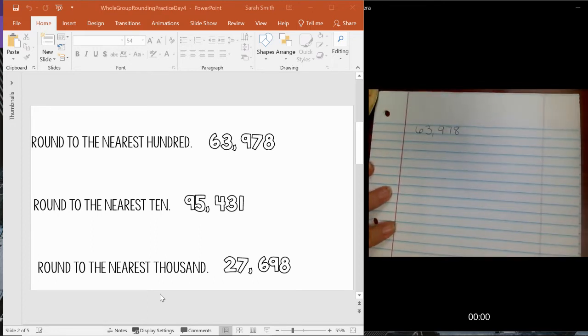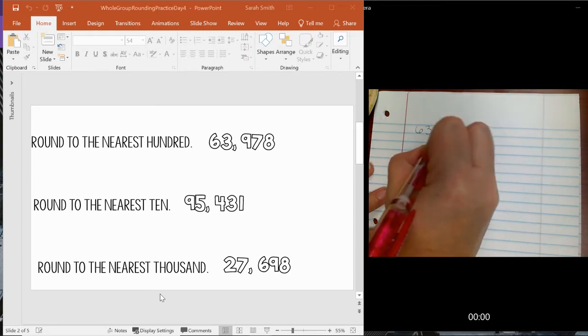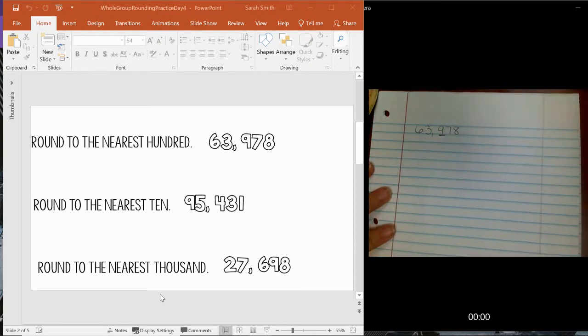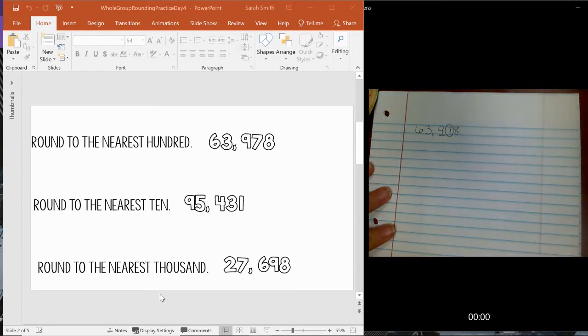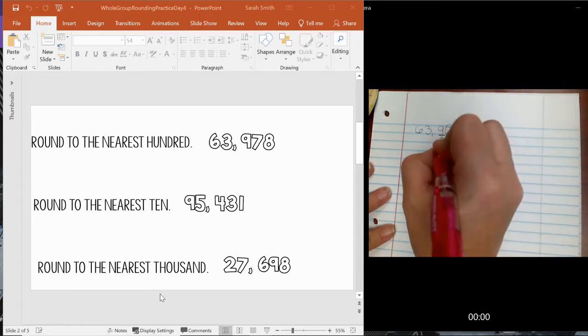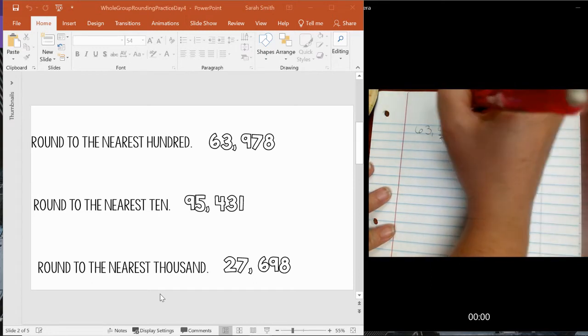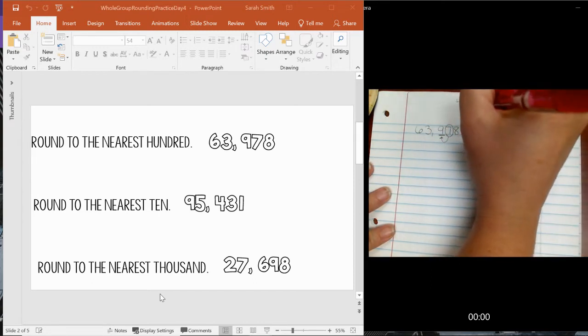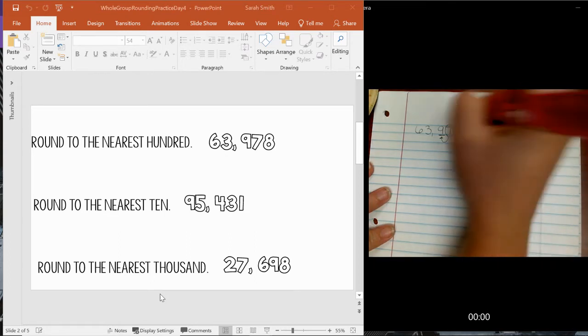So the first thing we're going to do is, where is the hundreds place? We have to identify that. So we're going to underline the hundreds place, and then we circle behind it. The guy to the right is who decides whether that goes up or stays the same. So we know the big rule that we've gone over several times: 4 or less, let it rest. 5 or more,